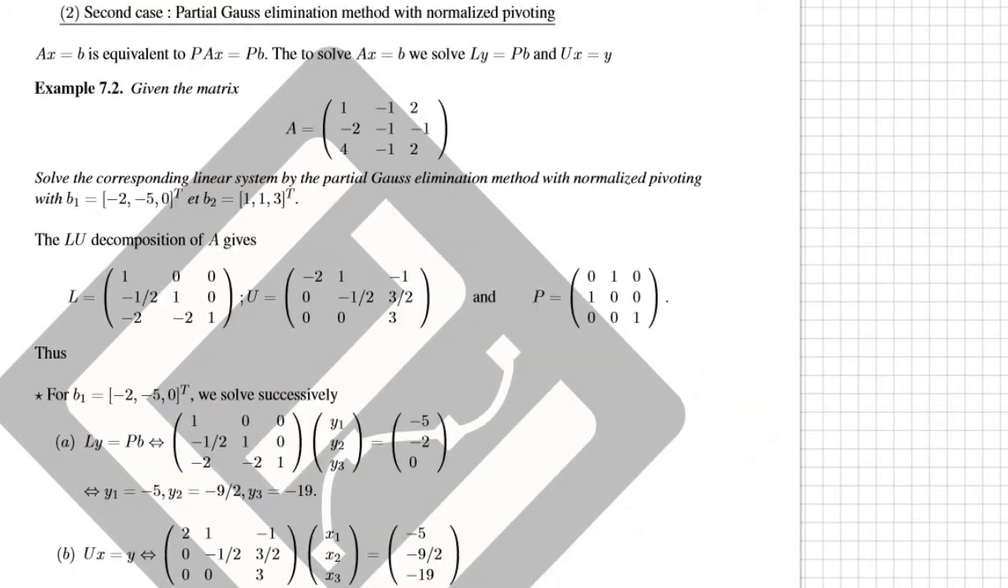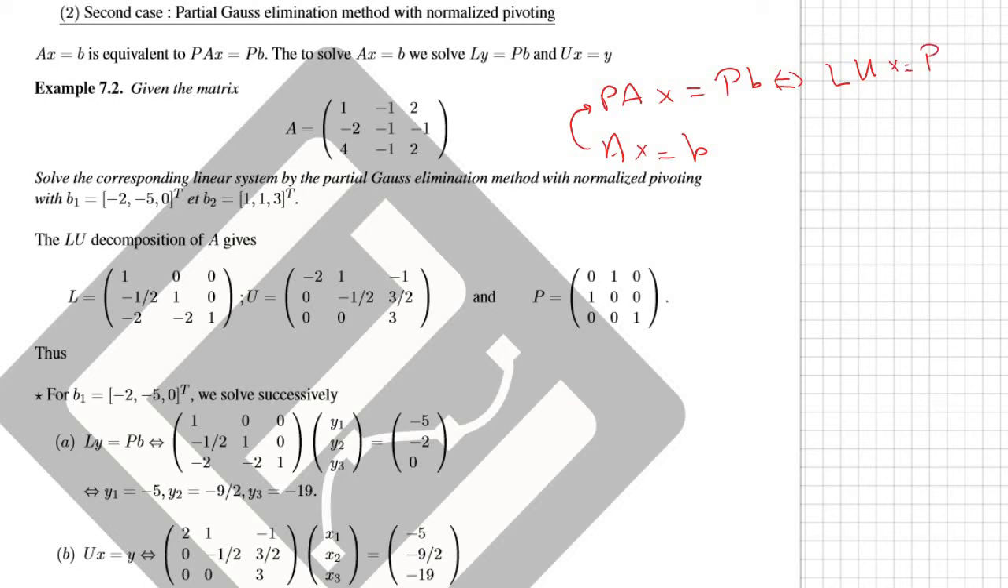The same work can be done when we have the Gauss elimination method with normalized pivoting, but instead of having Ax equal B equivalent to LUx equal B, now we have PAx equal PB. I mean, the system AX equal B, we multiply it by P, and we obtain PAX equal PB. And then this is equivalent to